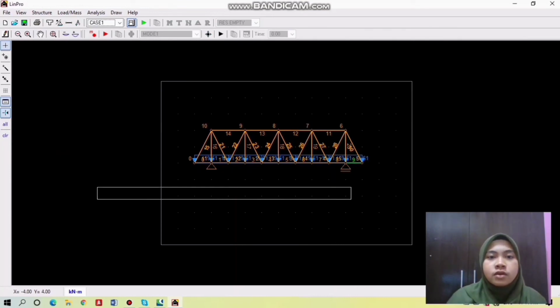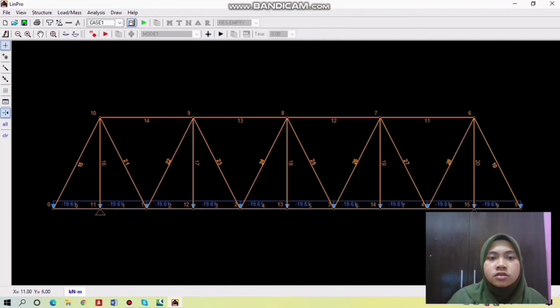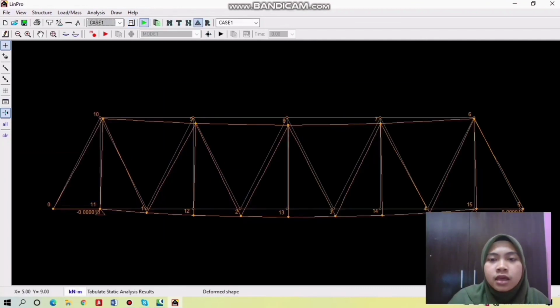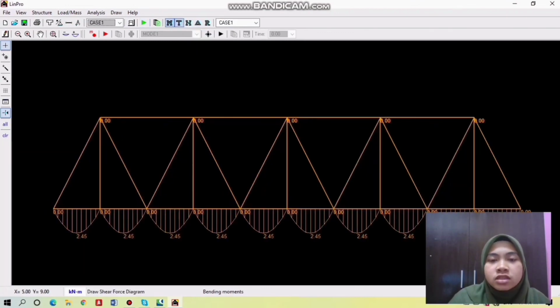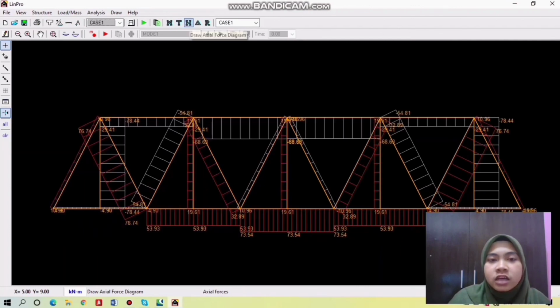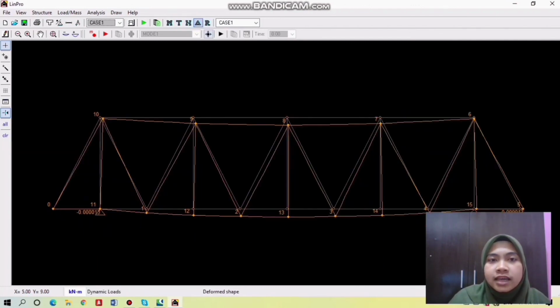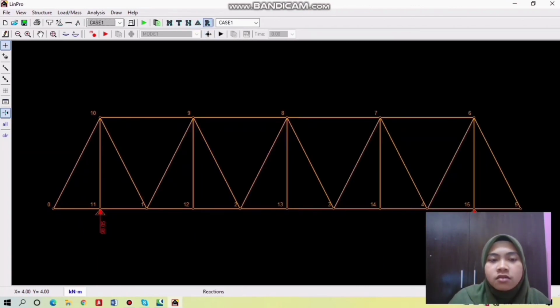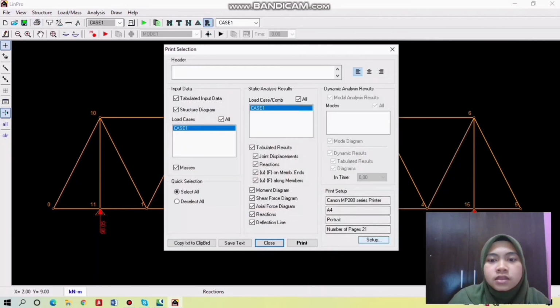So we have fully completed our design model, and then we can look at this view. To run this analysis, I click this moment, and then we can look at the moment diagram like this. For the shear force diagram, the axial force diagram, this is for the deflection line, and this is for the reaction. To get all of the input, output, and the result, we just need to print, save to PDF,